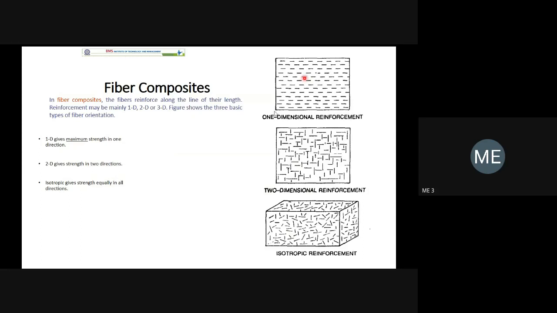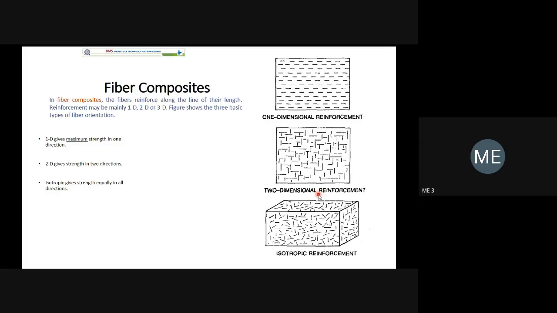Now fiber composite. Imagine this is the outer part, and the dotted, short lines refer to fibers. The fibers are oriented in only one direction, like your steel rods. In the case of a column, most of the steel rods are oriented in the vertical direction, so it is referred to as one-dimensional reinforcement. In building columns, the loading is predominantly vertical, so most of the reinforcement steel is in the vertical direction because loading is in only one direction.